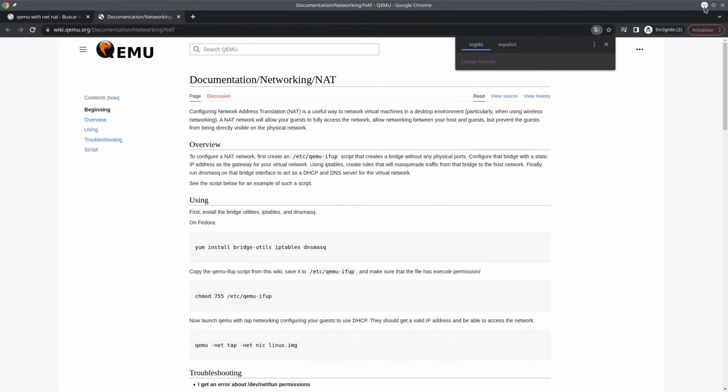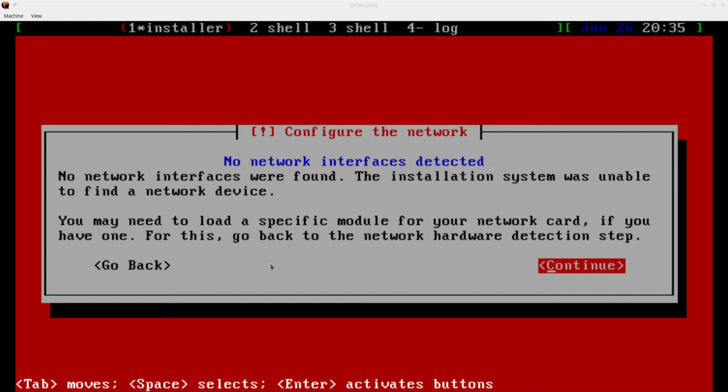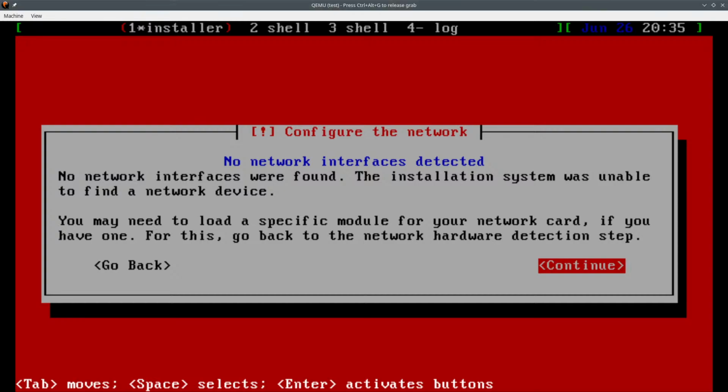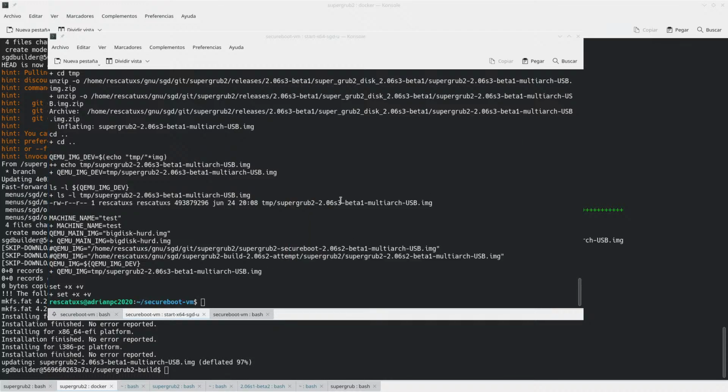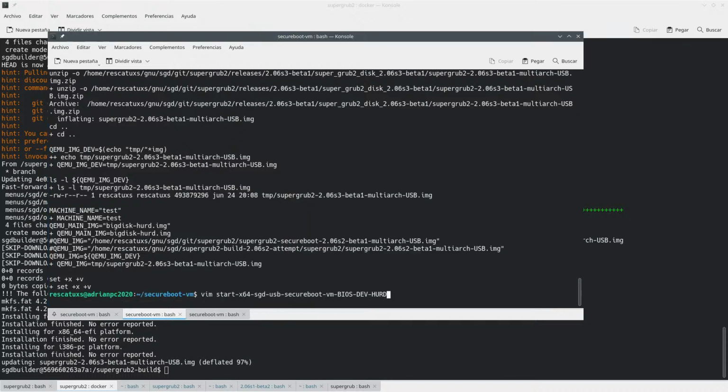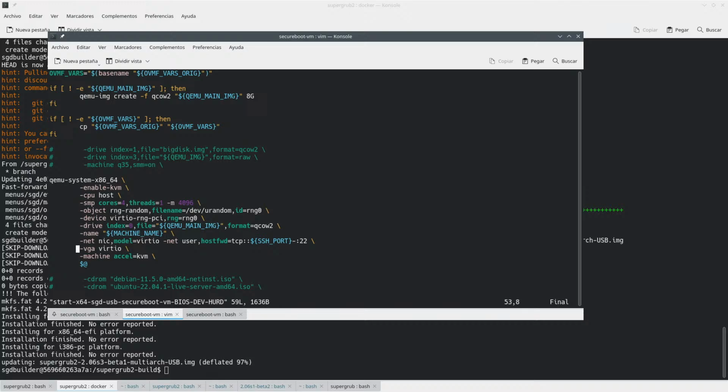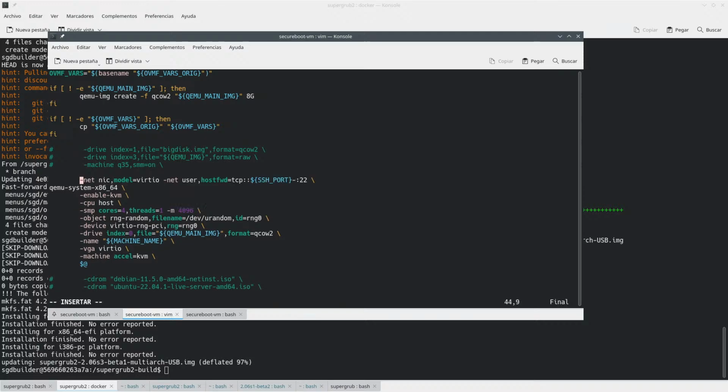Oh my god. Net tap, net nick. So is that the thing that we need here? Let's take a look. Is there anything? Net nick model virtio. Yeah, that's why it's not working, because probably Hurd does not know how to deal with virtio stuff.